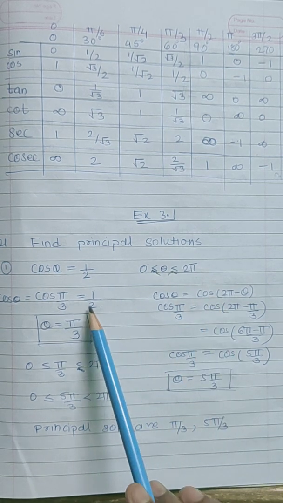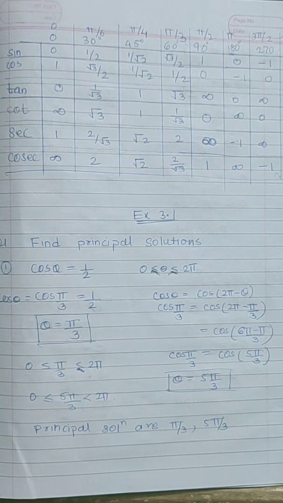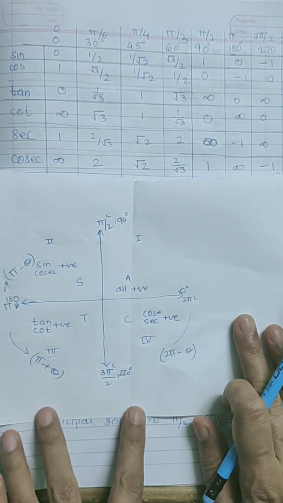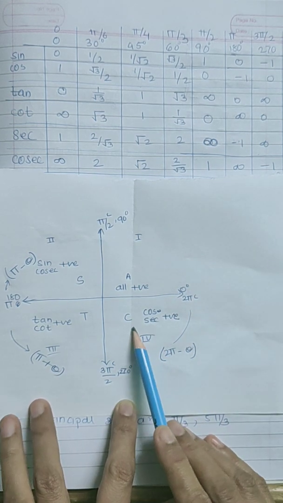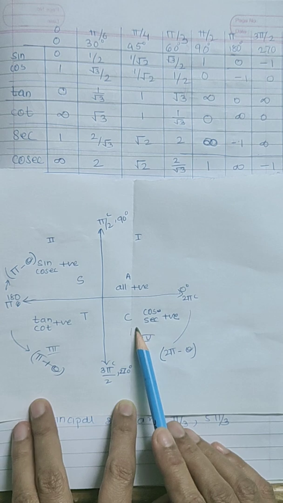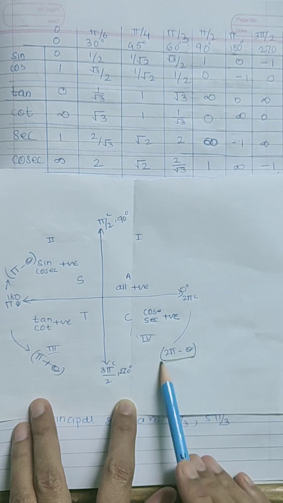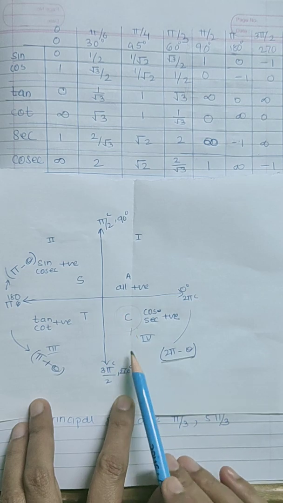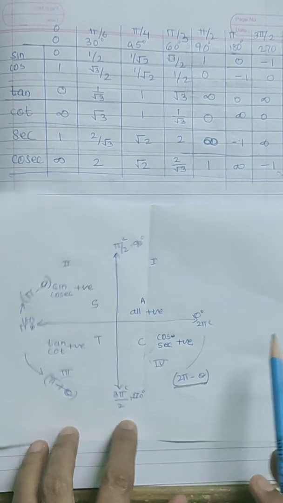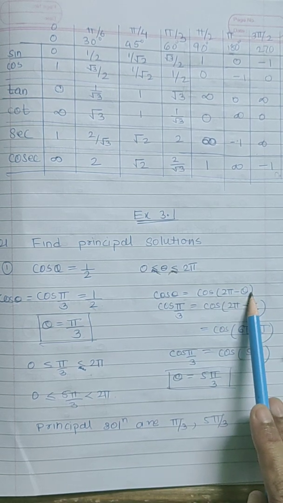Then now next you have to see where this is a positive angle. So the next we have to see where the cos, now you have to remember this. So where the cos is positive, in the fourth quadrant. So what will be our allied angle? Our allied angle will be 2 pi minus theta. So how to remember? Say where our cos is positive in the fourth quadrant, so what you will take? 2 pi minus theta. So cos theta is equal to cos 2 pi minus theta.